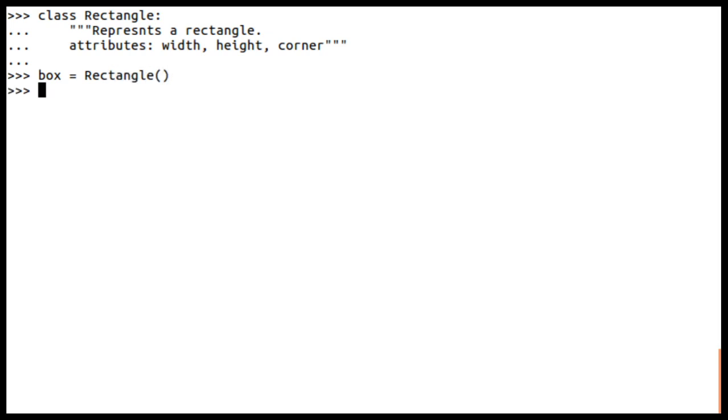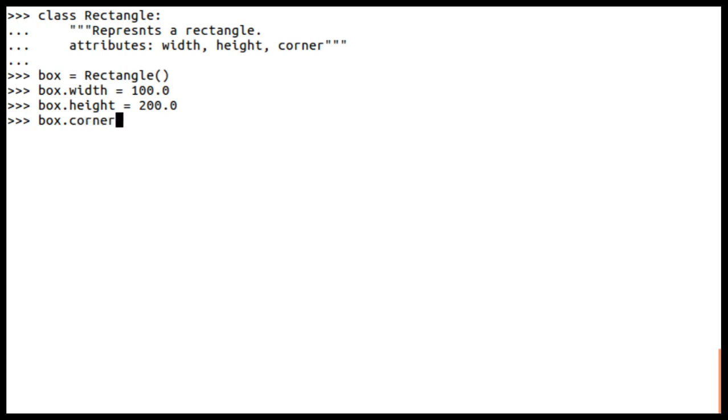Let me assign values to the attributes of this rectangle. box.width is equal to 100.0, and box.height is equal to 200.0. Width is 100 and height is 200.